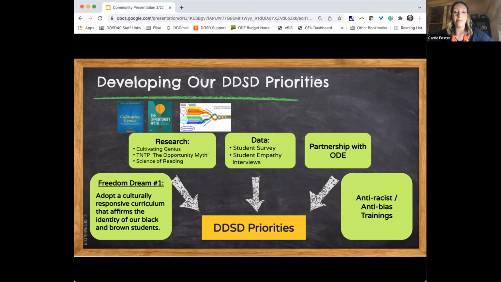We also have been able to participate in several anti-racist, anti-bias trainings. The most recent training included analyzing text through an anti-racist, anti-bias lens. All of these components here helped us develop our local priorities for adopting the next language arts curriculum in David Douglas. Next slide, please.